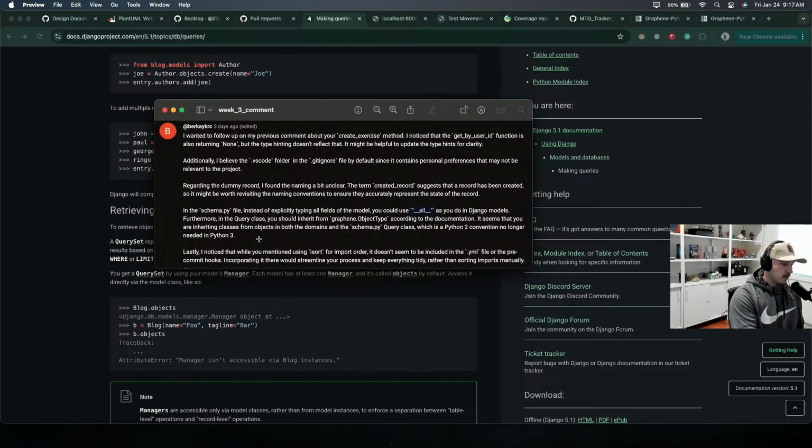Lastly, I noticed while you mentioned using isort for import order, it doesn't seem to be included in the YAML file or pre-commit hooks. So I remember I did intend on using isort initially, but then I almost immediately ran into an issue where dependency order mattered for my project. So I got rid of isort and stopped using it. The reason is like